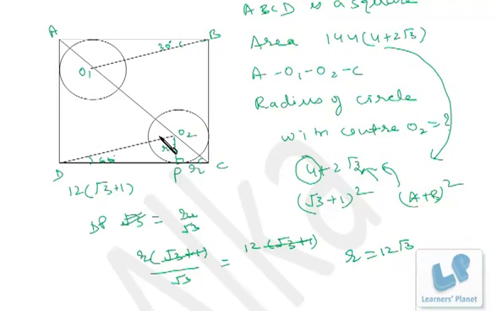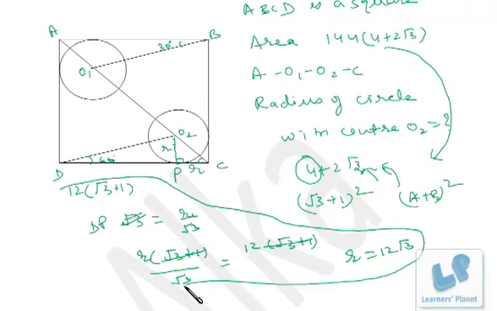So the complicated problem involves only this much paperwork, and even from this you can reduce it to a certain extent. This 4 plus 2 root 3, if you know the concept, you don't have to write it over here. Instantly you can say the sum is 3 plus 1 and the product is 3, so the numbers should be 3 and 1. That means it is (root 3 plus 1) whole square, so the square root will be (root 3 plus 1) into 12. After that, it's really easy.